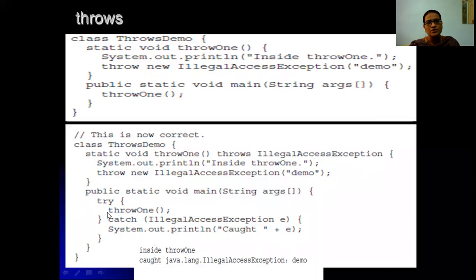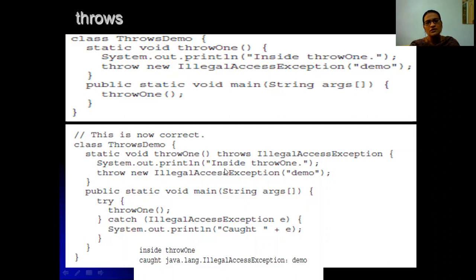So here, once you call this throw1 method, the control will pass here, and it will see that it has throws IllegalAccessException, and it will print "inside throw1". So here we are printing inside throw1, and next throw new IllegalAccessException.